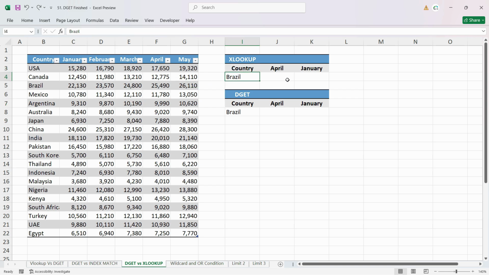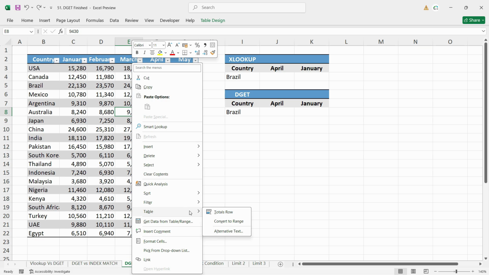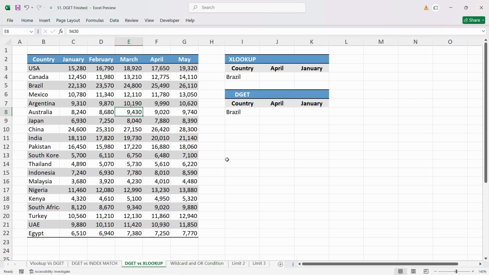We have to find the sales according to the country. But first, we need to check the database, whether it is designed as a table or if it is formatted manually. If it is defined as a table, whenever we select any particular data, it will show us a different kind of reference, just like so. To make it simple so that we can easily understand it, we can right click, go to the table and convert to range. This doesn't cause any problem in applying the formulas, but